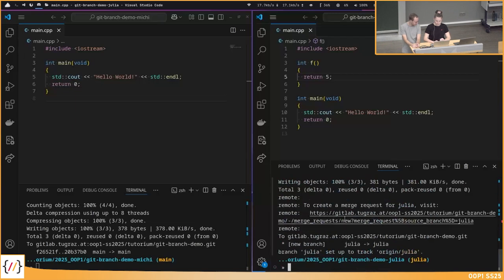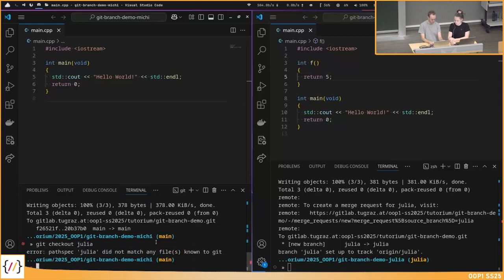Okay, and it looks like it worked. Do you want to try to pull this now? If I want to check out now the branch Julia, this does not work because why should I know that there exists a branch Julia? So I first again need to pull.